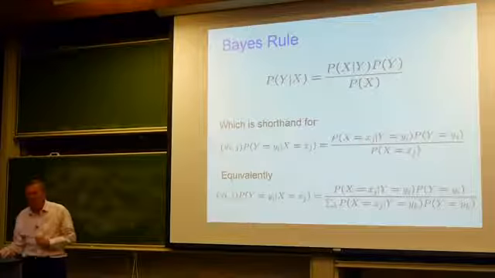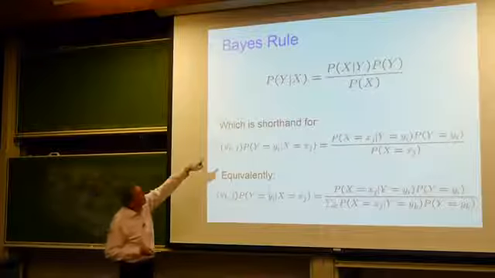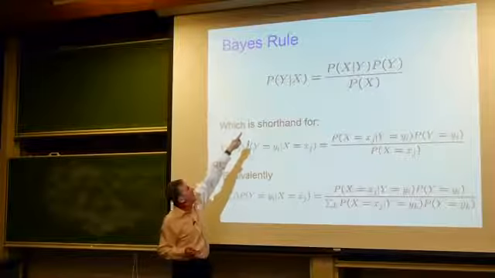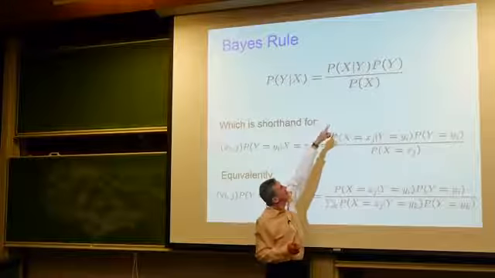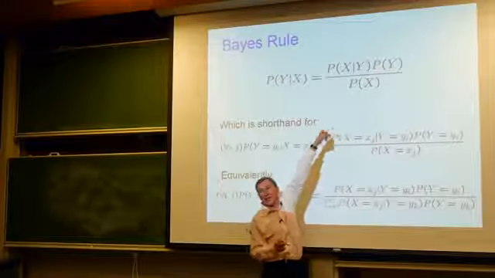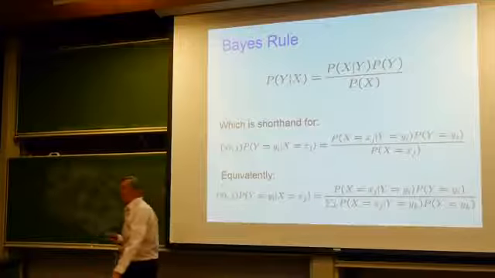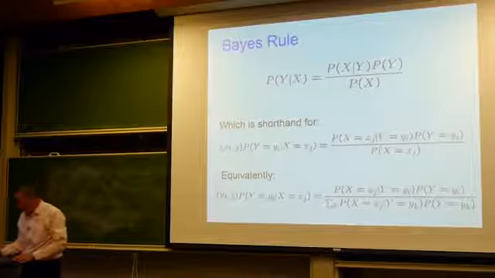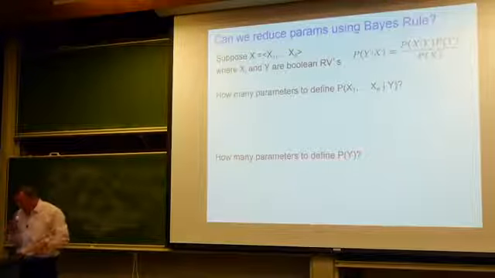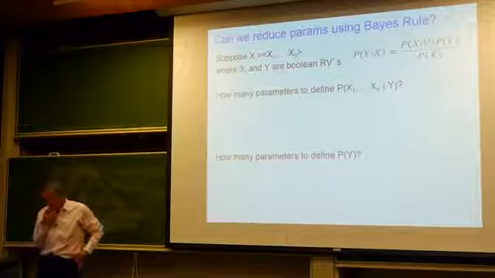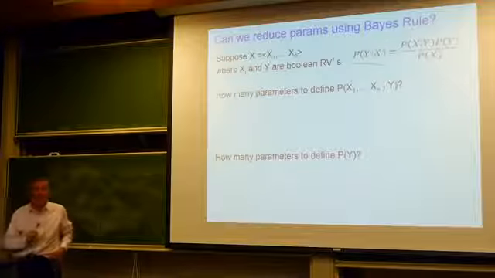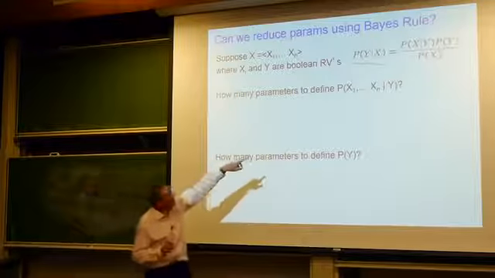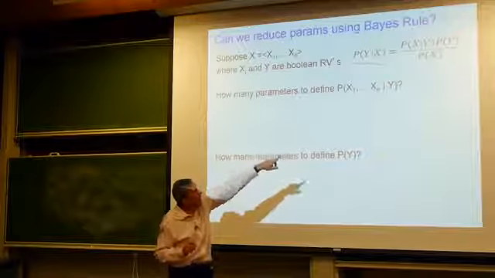Okay, so Bayes' rule we could use, and Bayes' rule shows us if we're trying to estimate P of y given x, maybe it would be cheaper to estimate those 3 distributions on the right instead of that one on the left. Maybe we can get away with less than 2 to the n. So let's try that. If we're going to learn P of y given x instead by learning P of x given y and P of y,